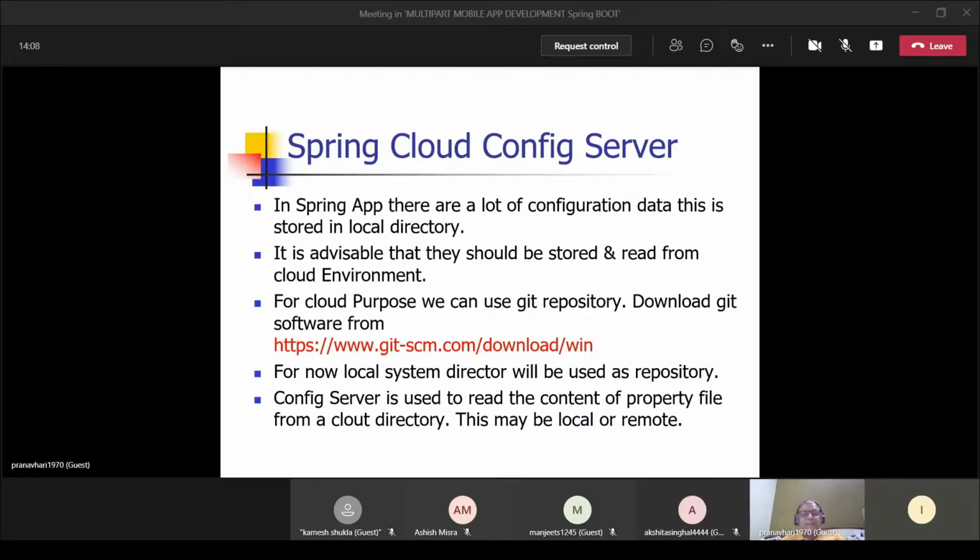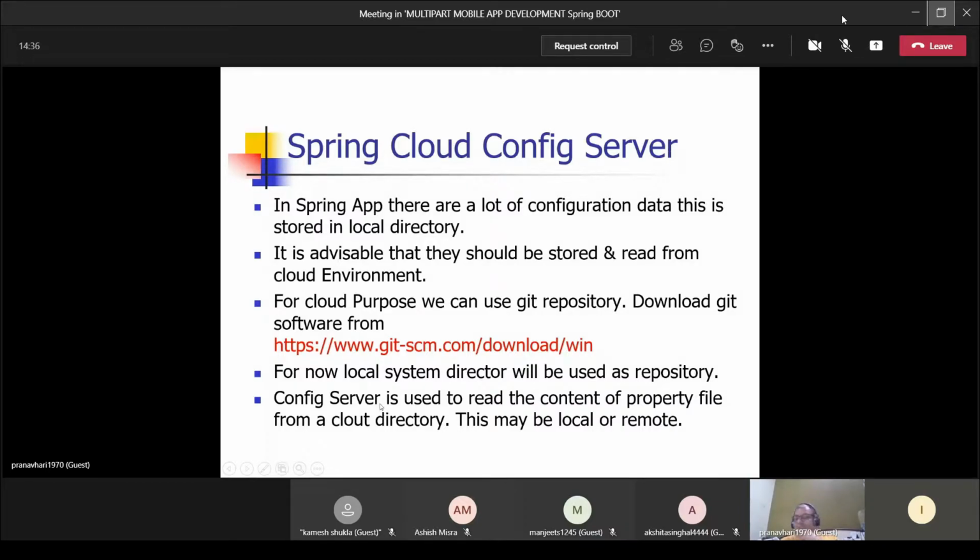If at all you are having data at any other location, that is at any other server on the internet, that means you have to just specify the location of that. That's it. Okay. So once that is done, then we say that data is at the Git repository.